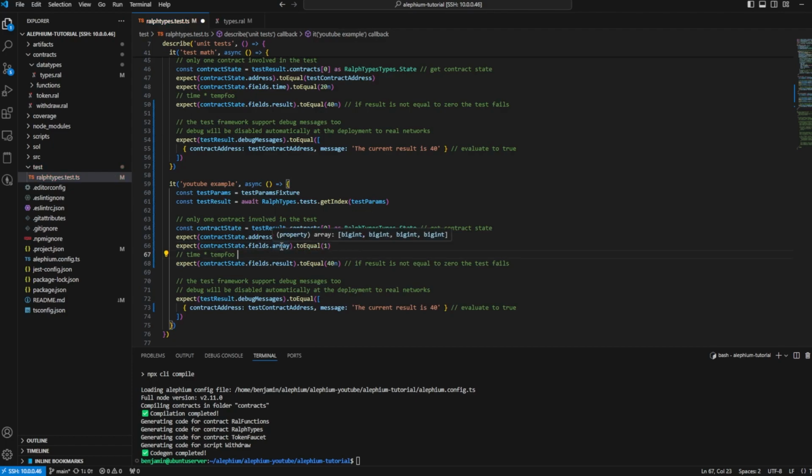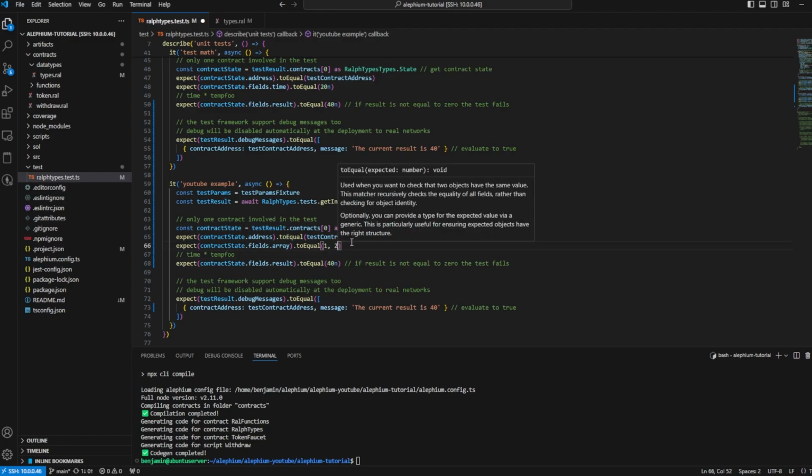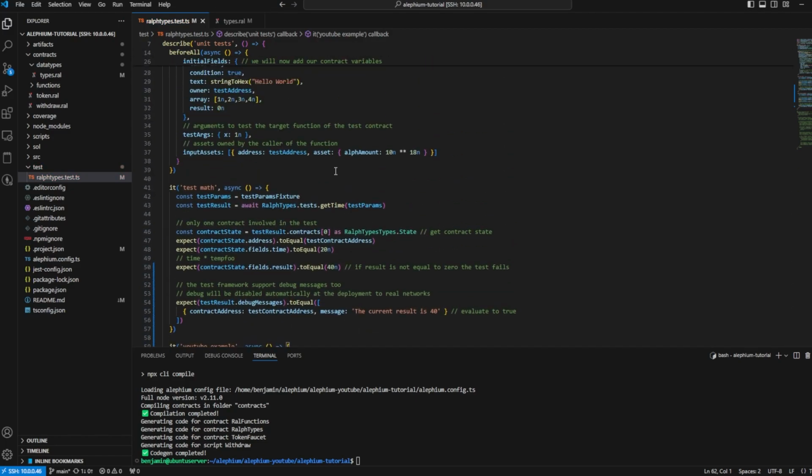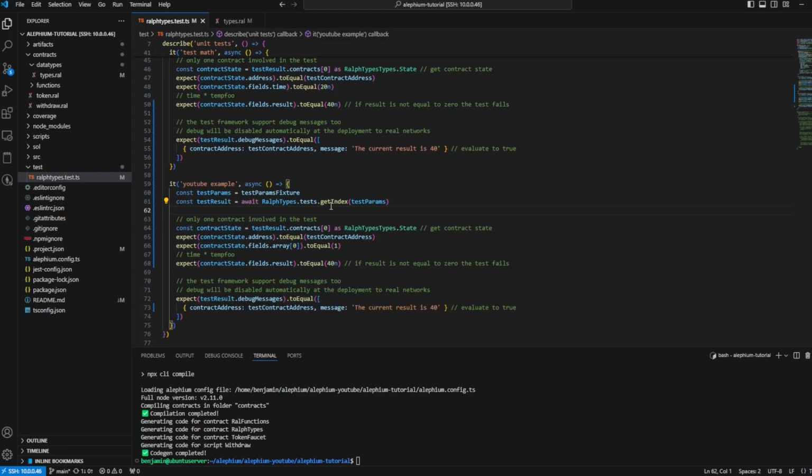Although I don't think that that'll check that. Definitely want to check the second value, or we'll check the first value. Okay, so that should check the first value of our array then, which is 1, and make sure that it's